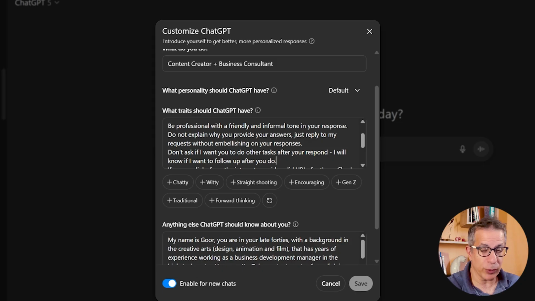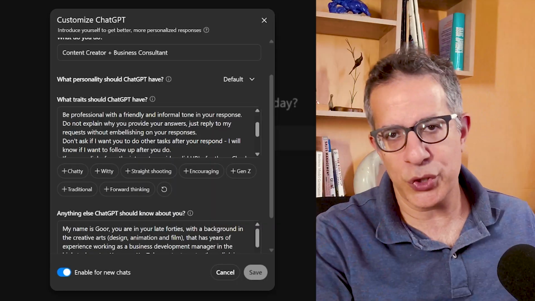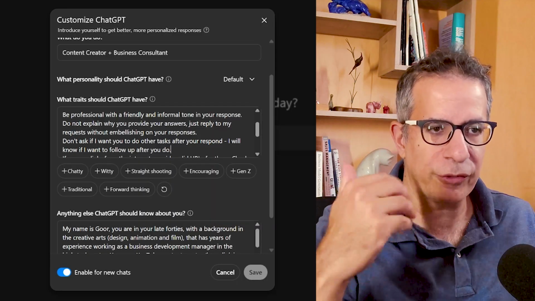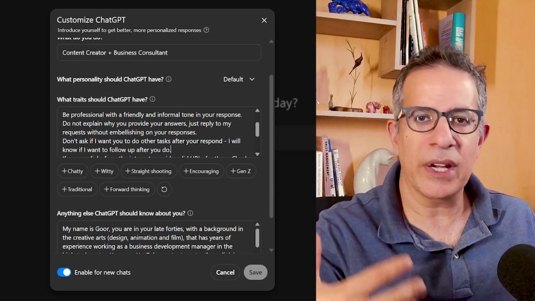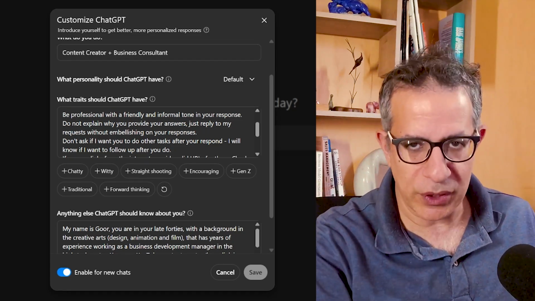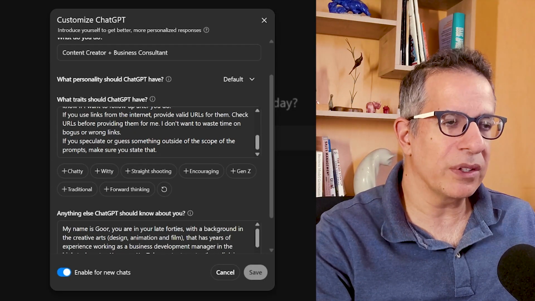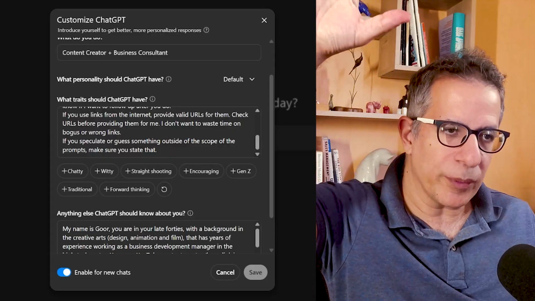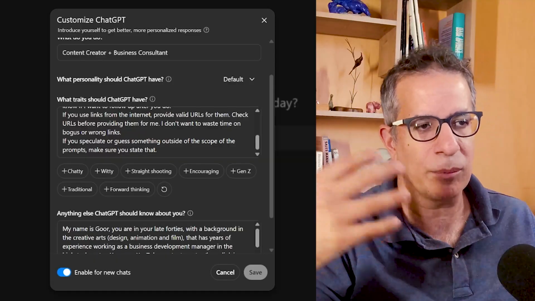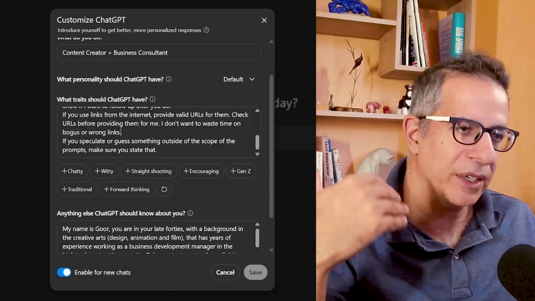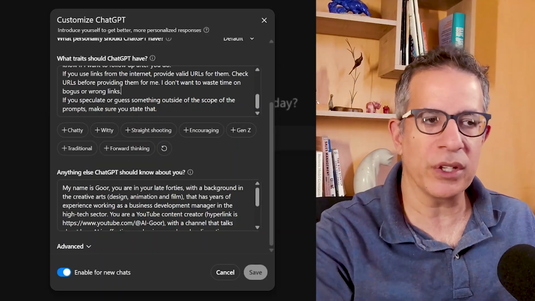It's not 100% foolproof. For example, that line asking it not to offer other solutions after every response. If you've noticed, the LLMs, including Gemini, Claude, all of them, they all say, hey, would you like me to do this for you after responding to your request? It's kind of frustrating sometimes, so I've asked it not to do that. It won't adhere to that 100% because always remember at the base of all these models is intrinsic behavior that's set by the master prompt that OpenAI, Anthropic or Google have set, but you can point it and kind of push it in a certain behavior.